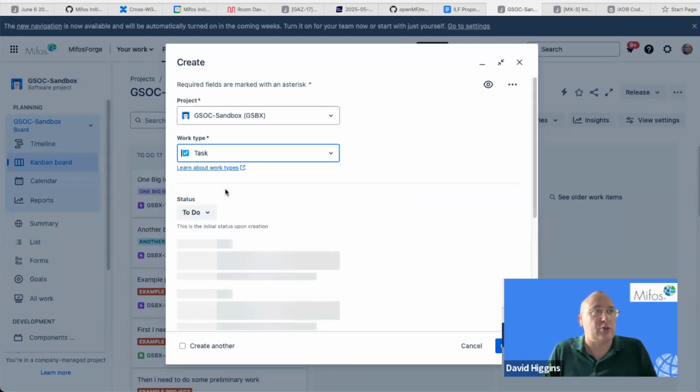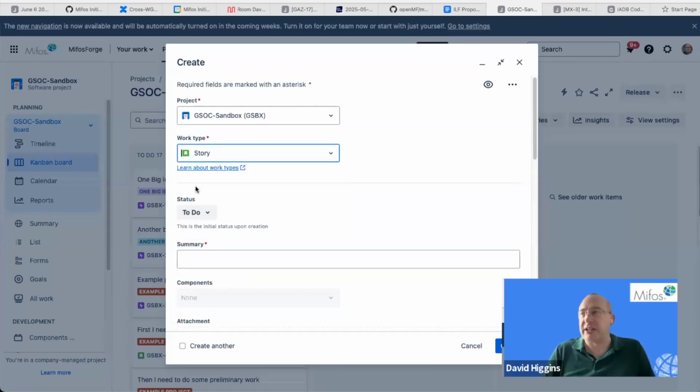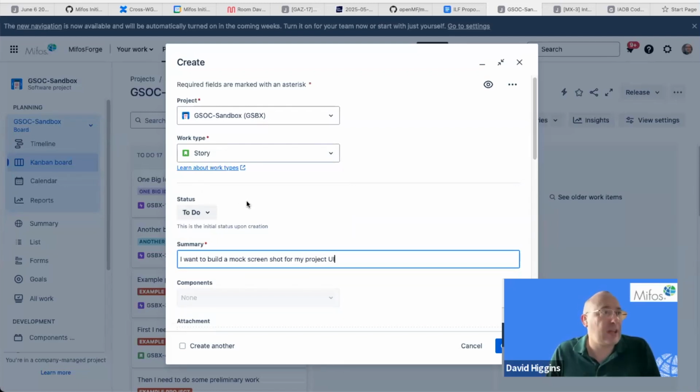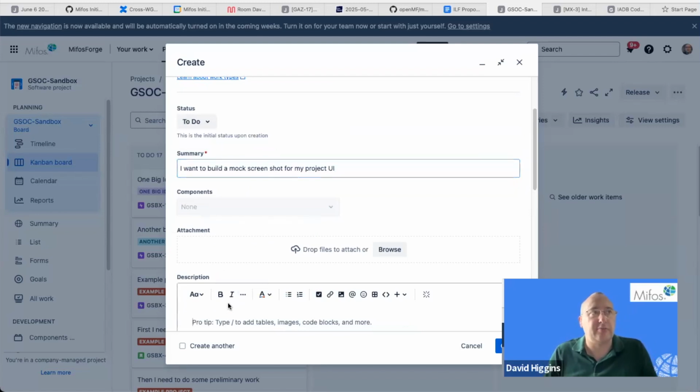So let's create a story for our big idea. What we'll say is, I want to build a mock screenshot for my project UI. There we go. I'll write a bit more description in there. I need to take my existing ideas and place them into Figma diagrams so I can share it